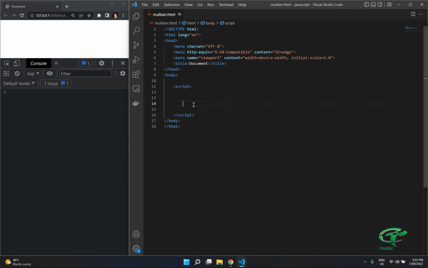So let's create an array first. So let myArray is equal to array, and that's how we declare an array. But if we want to create a multidimensional array, then we will create more arrays inside this array. So let's say we create another array: 1, 2, 3, 4. So this is one array, and if I console.log it,